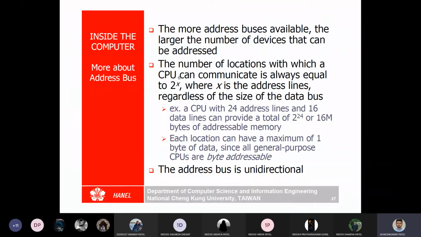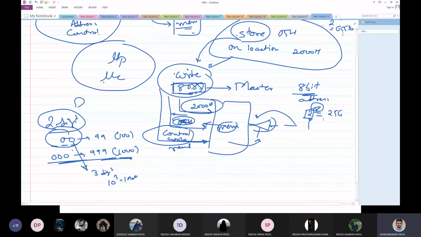The number of locations with which a CPU can communicate is always equal to 2^x, where x is the address lines. Here we have 16 address lines, so we get 2^16. If you have 24 address lines, you will have 16 megabytes of addressable memory. In our case, 65536 is actually 64 kilobytes of memory that I can address.